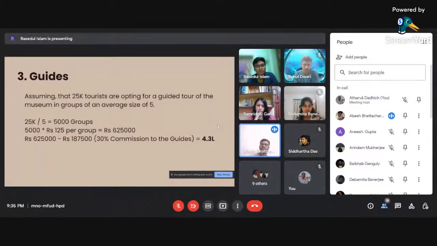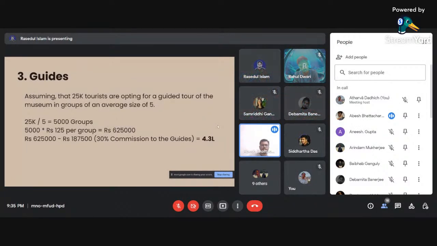Now, we would also like to introduce guides who will walk you through the Arts Foundation. They'll tell you about the historical importance, like when we have all visited the Taj Mahal and Fatehpur Sikri. We have asked for guides, right? They tell us about the historical importance, and people really enjoy learning about that.